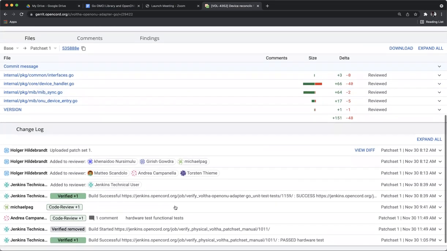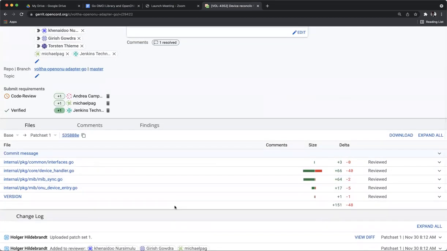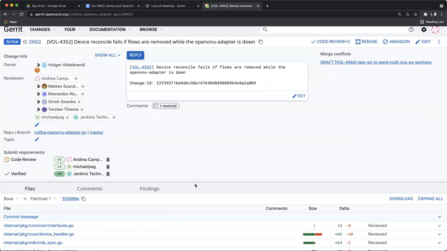So I believe this is a good patch and it's properly working. I asked Girish to take a look at it, and he will reply to me and give a +1 or have comments on it, and then we can merge this, and then we can proceed in trying to understand the other issues we're having.